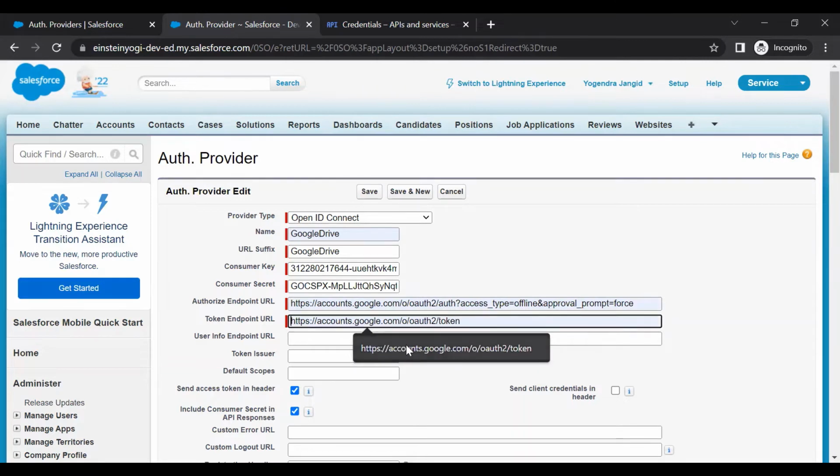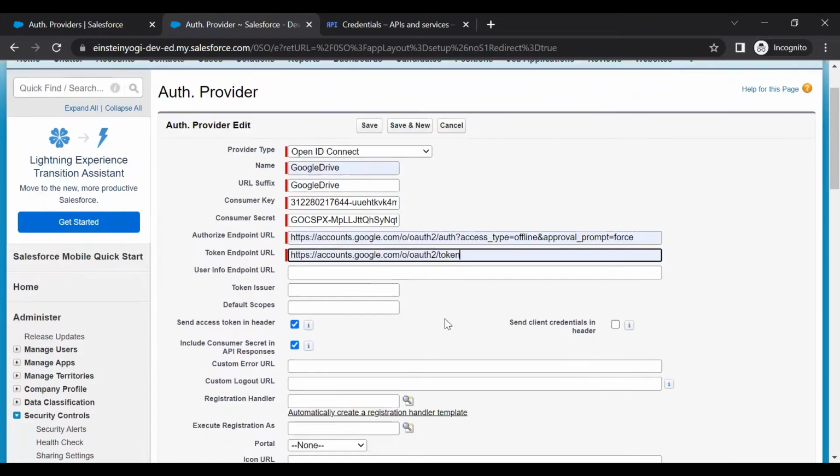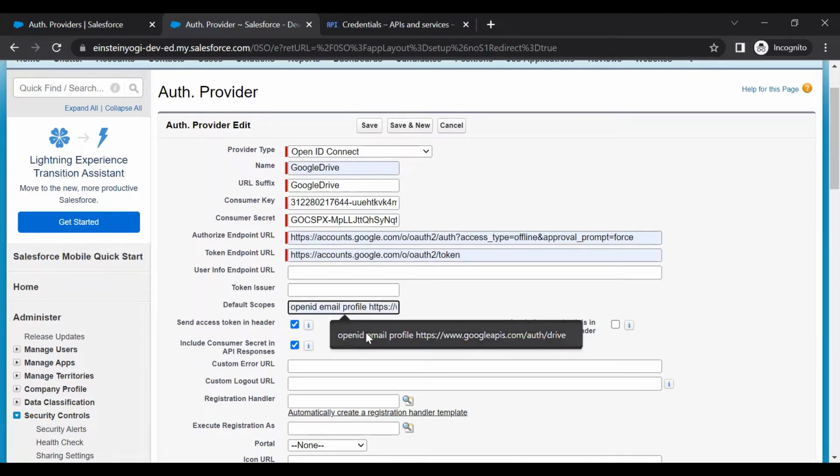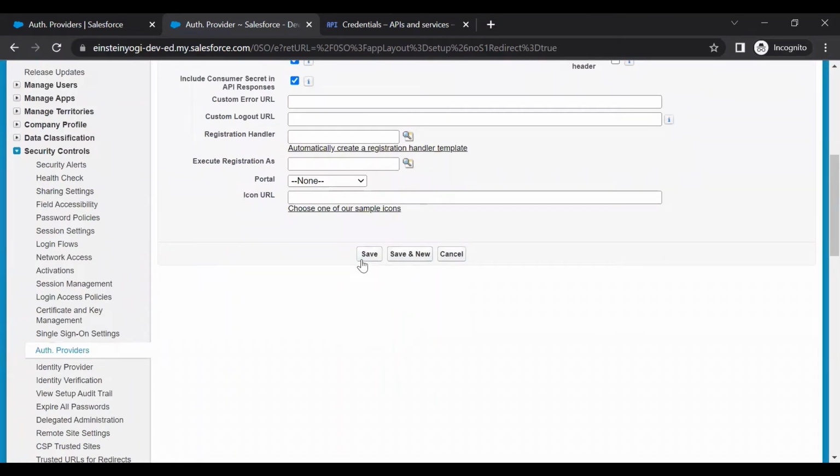Give the token endpoint URL as accounts.google.com/o/oauth2/token, and then you can leave the rest of the input boxes as default. But in the default scopes, you need to provide openid, because you are going to use OpenID, then email, profile, and then the Google APIs auth drive. That's it. Just click on save,